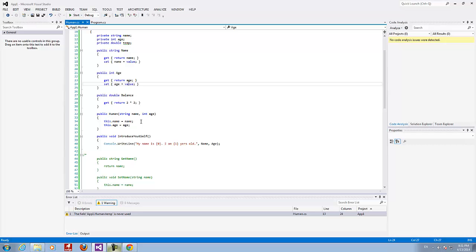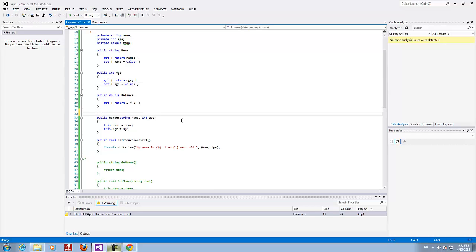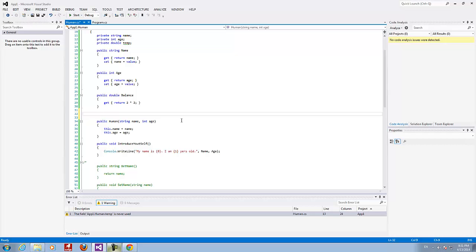Now the next thing I wanted to show you is how we can create more constructors. What we can do is actually define methods with the very same names but different parameters. Even if we change the order of the parameters, this is gonna be a different method.